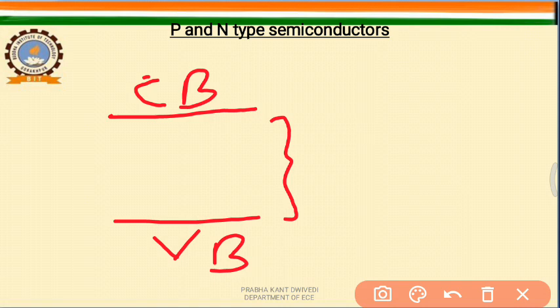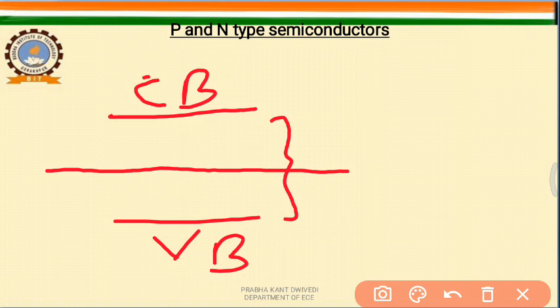And there is an energy level exactly in the middle of the forbidden energy band gap. In the intrinsic semiconductor, this Fermi level lies exactly at the middle of the forbidden energy gap, and this Fermi energy level shows the average energy of the charge carriers. So this is in case of pure semiconductor.